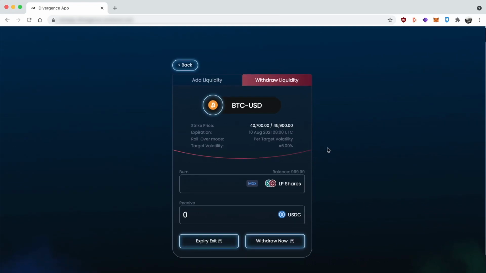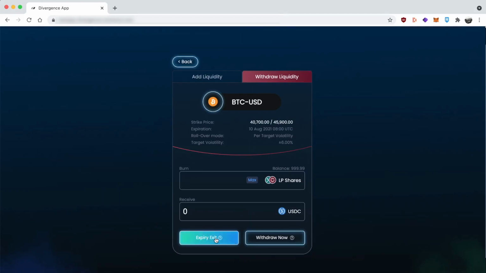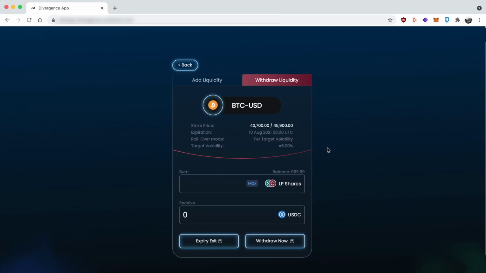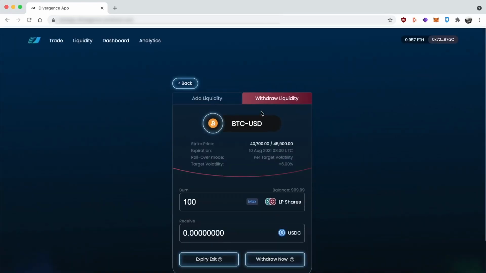You can withdraw right away, for a fee of up to 1%, or you can schedule an expiry exit at no charge. So if you don't want to provide liquidity to the next round, make sure you schedule an expiry exit to avoid paying the early withdrawal fee. If you withdraw now, the pool will reserve collateral to meet the max claims for settling sold options. You will not get any more proceeds from the pool. The early withdrawal fees you pay will go to the LPs who remain until expiration.